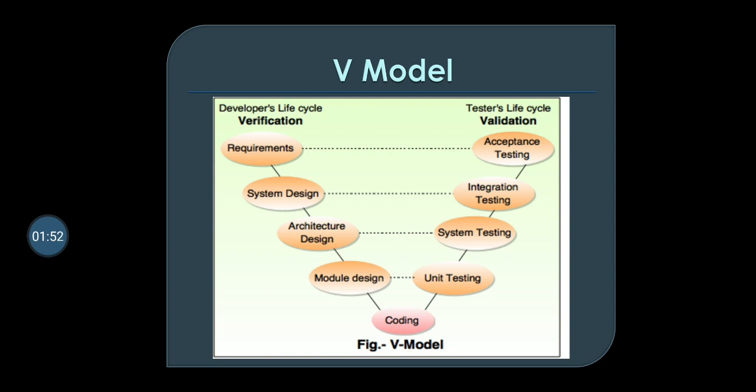First of all, the first step of this V model is that we have to take requirements from the user or customer, then do system design, then architectural design, then module design. After the requirement and designing phase, we have to do coding. This is at the bottom of the diagram, you can see there.